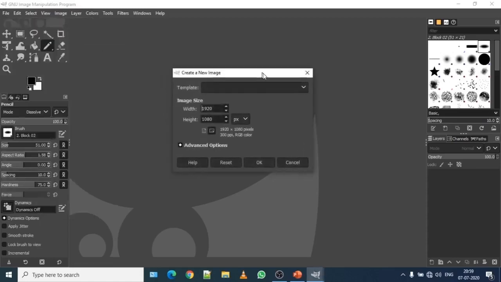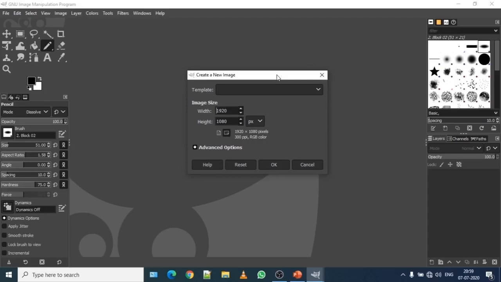So here is a screen of create a new image window, which gives you dimension or the measurement of your artboard. Artboard is nothing but a board, a whiteboard on which you create your drawing or edit any graphics or picture. So here the measurement is given in pixel. Width of artboard is 1920 and height is 1080.